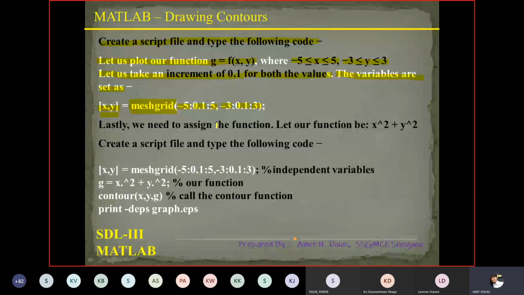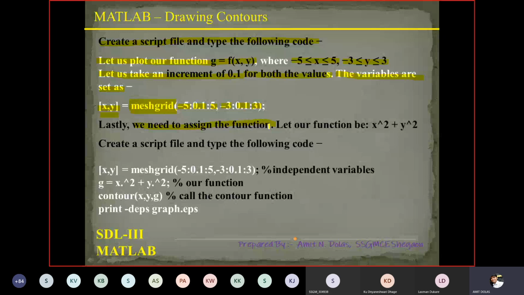Lastly, we need to assign a function, because x and y data is now with you, that is, x varies from -5 to 5 and y varies from -3 to 3. But what is the function g? So it is f of xy. Let our function be an equation; whatever data you want to plot, there will be one equation.